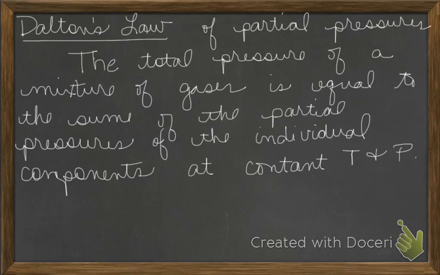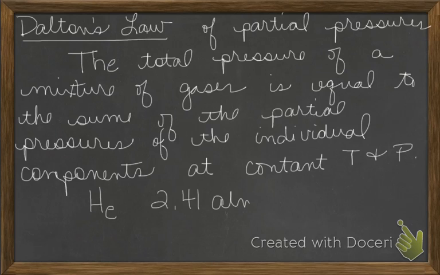Dalton's law of partial pressure states that the total pressure of a mixture of gases is equal to the sum of the partial pressures of the individual components at constant temperature and constant pressure. So what this is saying is that if you have helium gas in one container and you've got